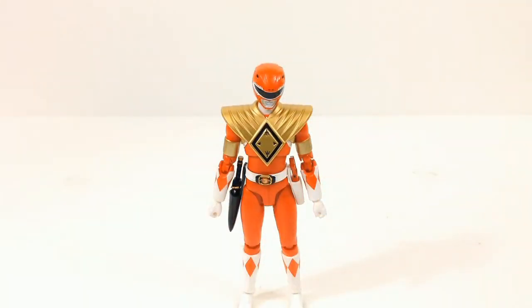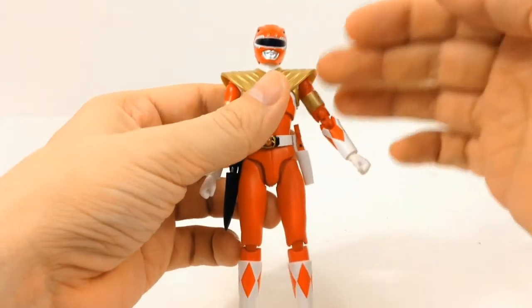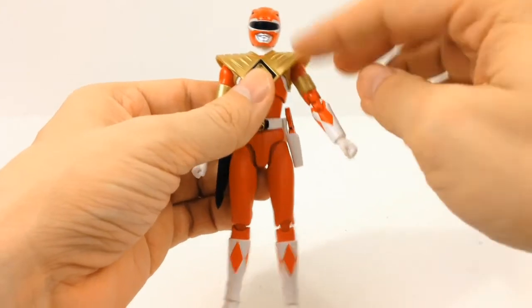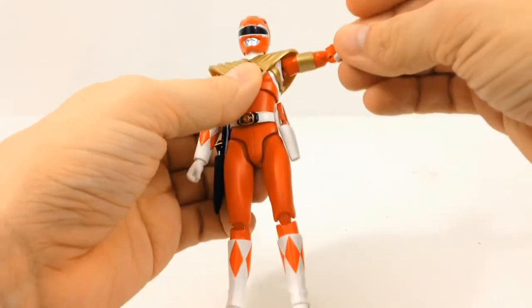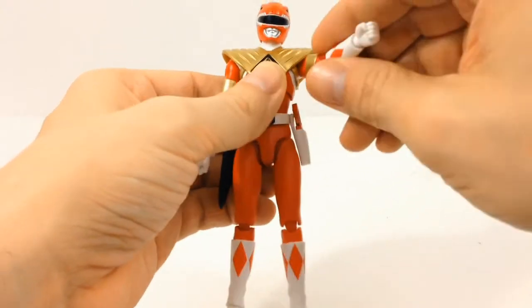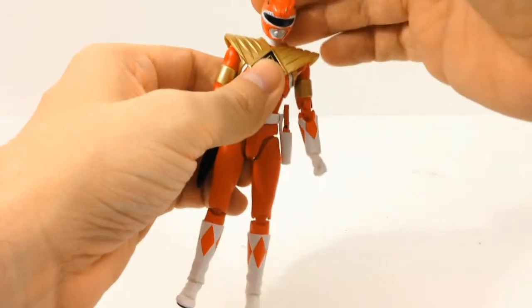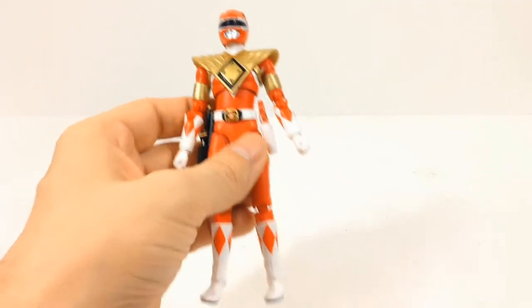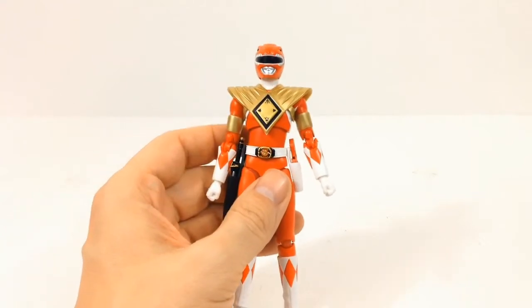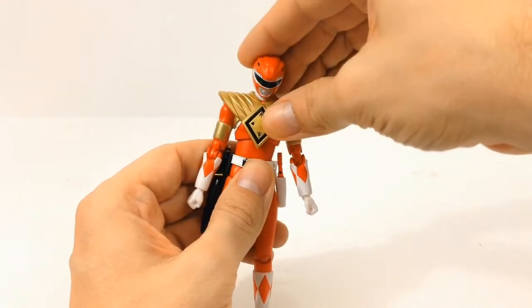As for his articulation, it is exactly the same as the Red and the Green Ranger. His arms are limited like the Green Ranger because of the Dragon Shield. You can go up to there, and go out about there. It's exactly the same thing. His head has a double ball joint, just the same as all the releases have had, where you've got the bottom joint and then the top joint